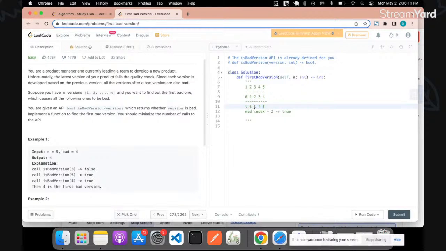So you got a true, that means you can discard everything on the left of that item, right? And this is true, so the false would be anywhere after it, in the right half of this array of versions, whether it is a good version or a bad version. Now suppose it returns for the mid index value, which is 3,